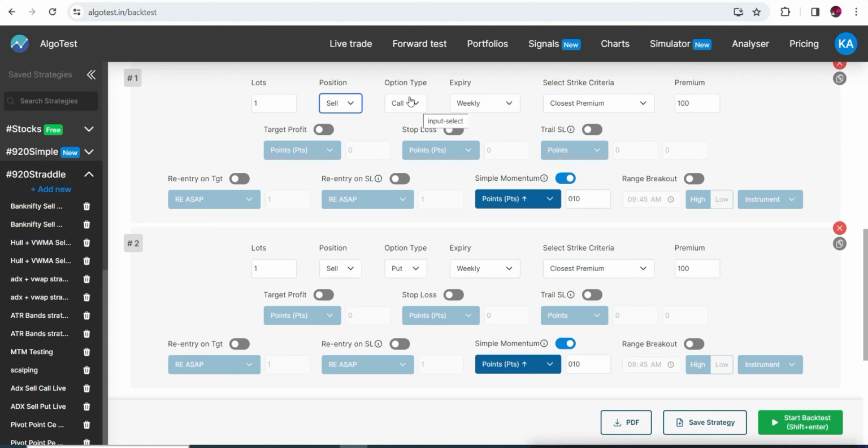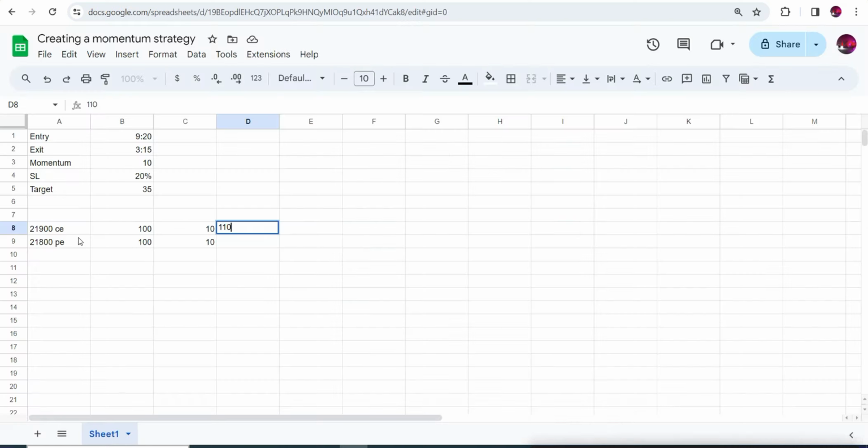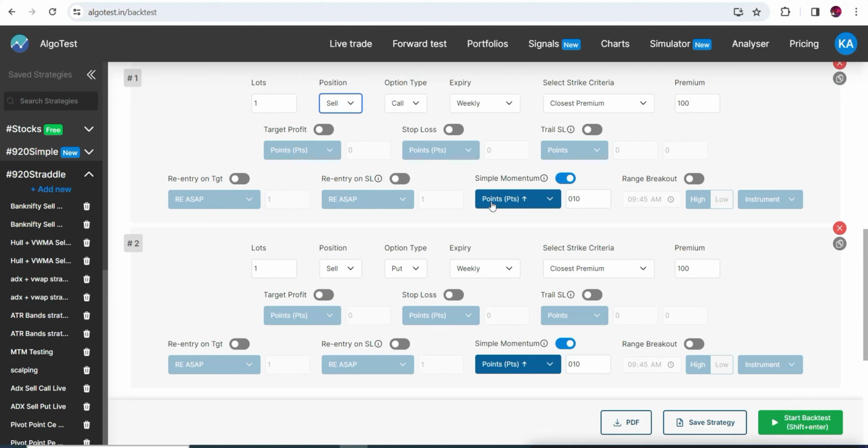It will sell the call, and if the put strike moves 10 points above, meaning if the put strike moves from 100 to 110, then it will take the entry in the 21,800 put strike. So this is how the momentum feature works, that here we can define a momentum. For example, if I define here